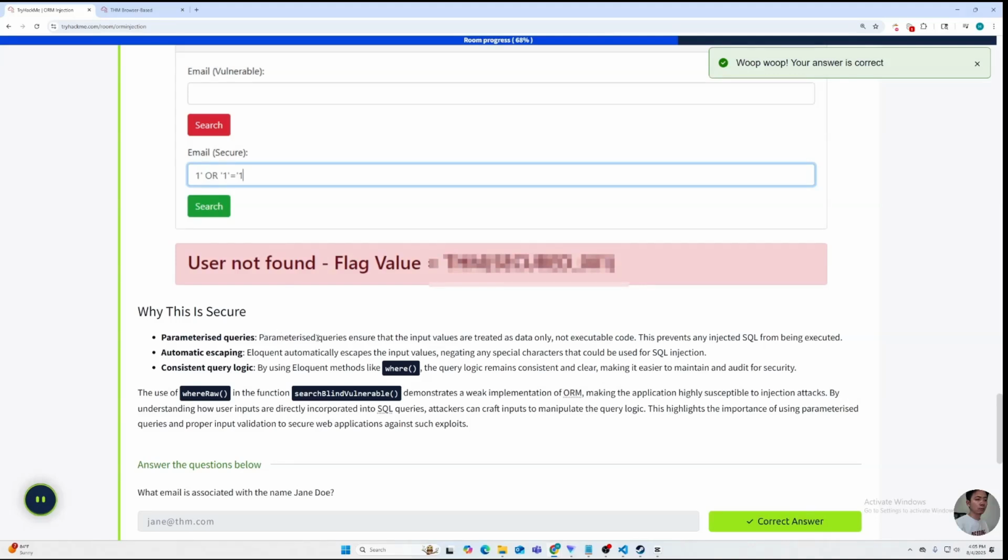Parameterized queries. Parameterized queries ensure that the input values are treated as data only, not executable code. This prevents any injected SQL from being executed. Automatic escaping. Eloquent can automatically escape the input values, neutralizing any special characters that could be used for SQL injection. Consistent query logic. By using Eloquent methods like where, the query logic remains consistent and clear, making it easier to maintain and